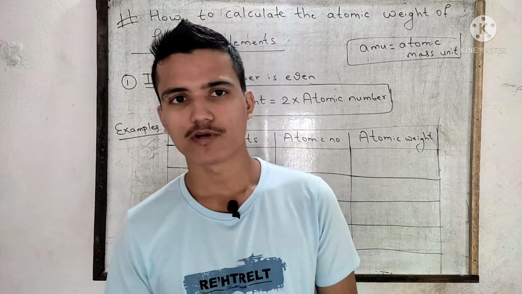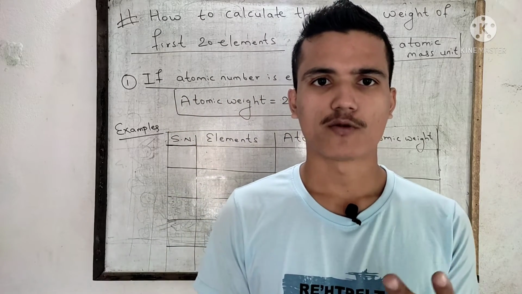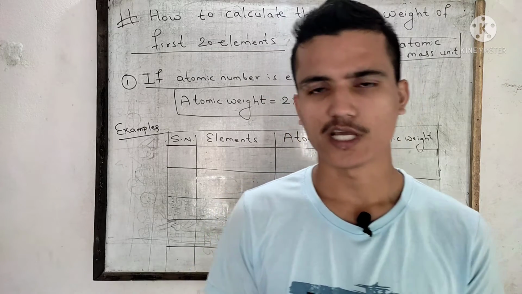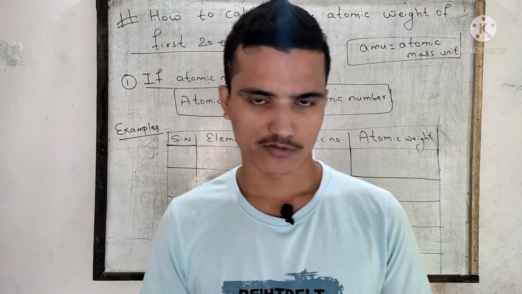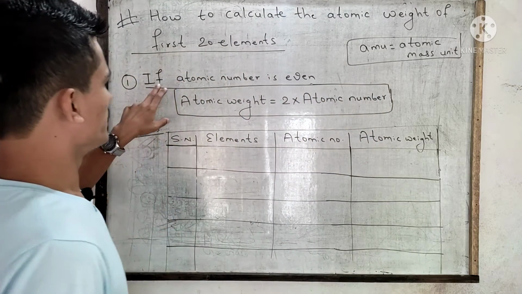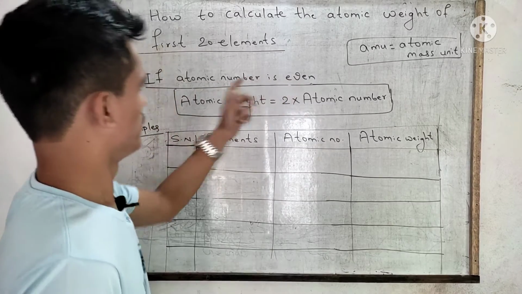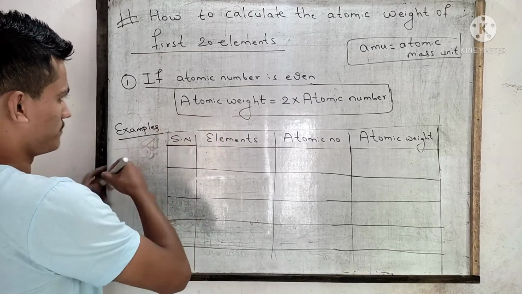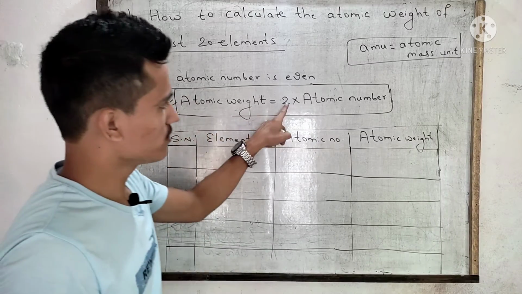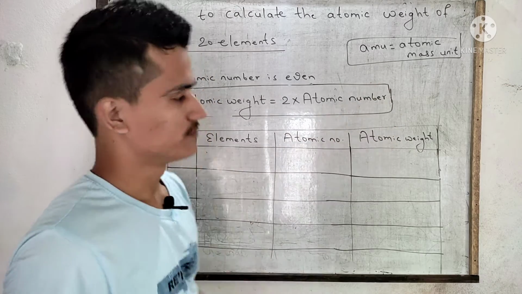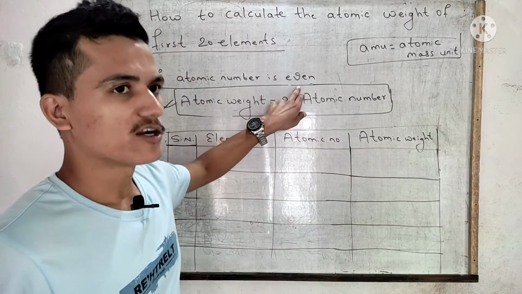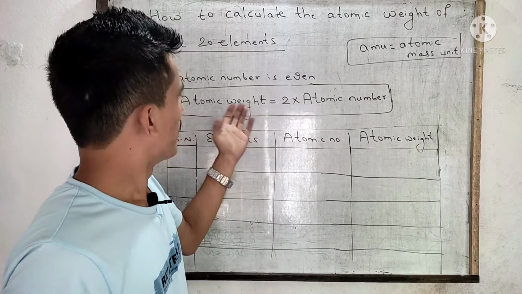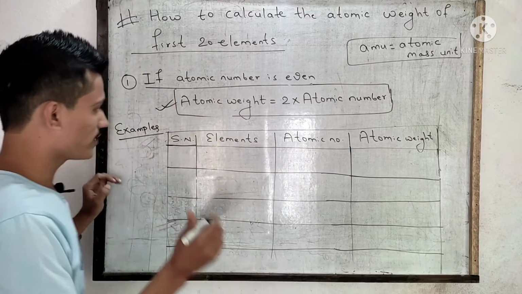Okay. We can calculate the atomic weight by using two formulas. One formula is for even numbers and another is for odd numbers. We are going to see the even number first. If the atomic number is even, we can simply use this formula: atomic weight is equal to 2 into atomic number. Simply, if the atomic number is even, we multiply that atomic number by 2, then we get the atomic weight. For example,